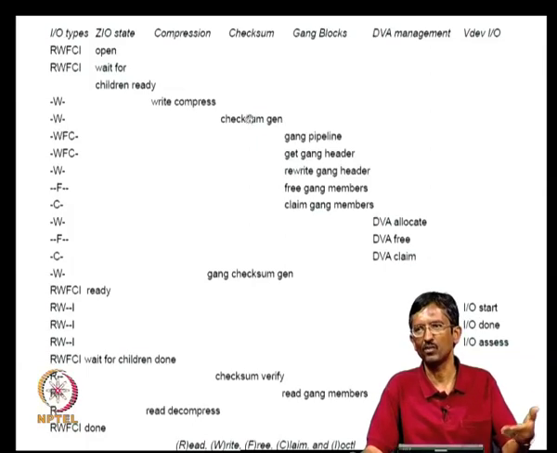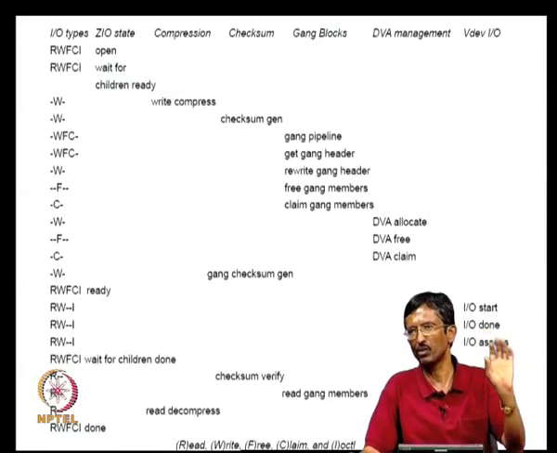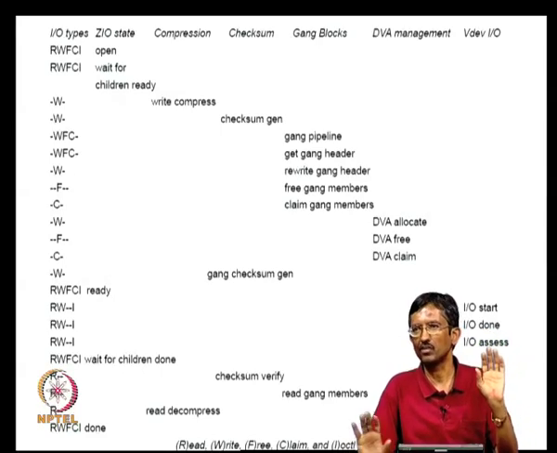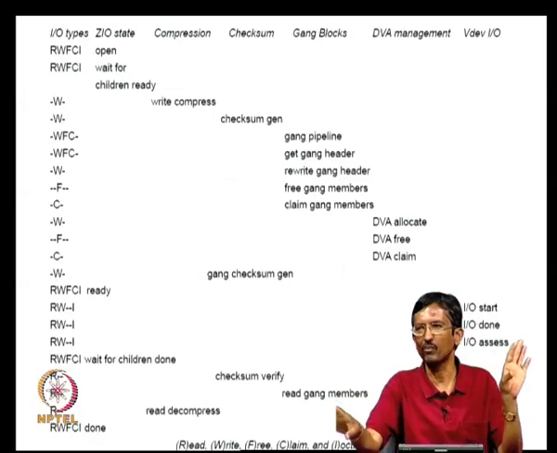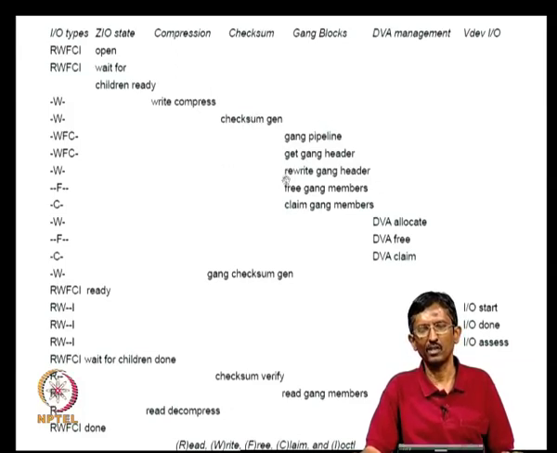As I mentioned in ZFS, there is a checksum that is kept as part of metadata away from where the data is, right. So that you can check whether the checksum that is kept in the metadata is the same as what is there in the data. And since there are two separate places on the disk, hopefully one error cannot actually corrupt both of them. So, this also has to be done, and this is required in case an IO is